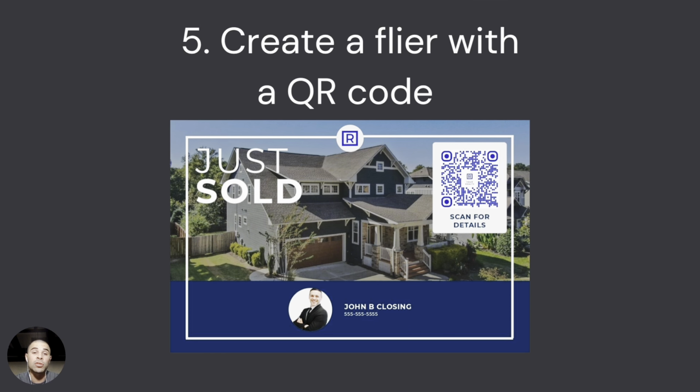so you can have your just sold here, sold for 100,000 over list price within 7 days with 15 offers. If you would like to know more, scan this QR code for a video walkthrough where I go into depth on how we did it. Boom. So you're still going to send out these flyers, but now you're going to do it a little